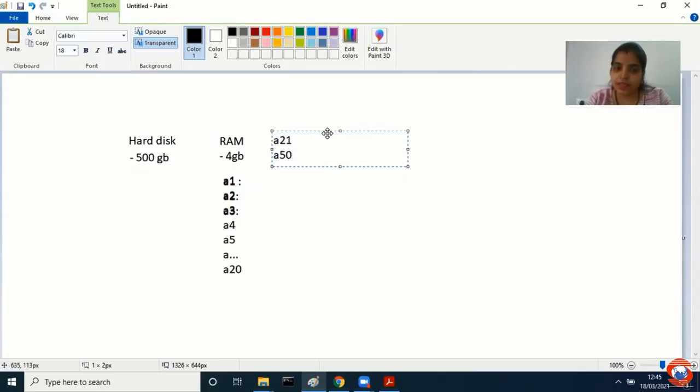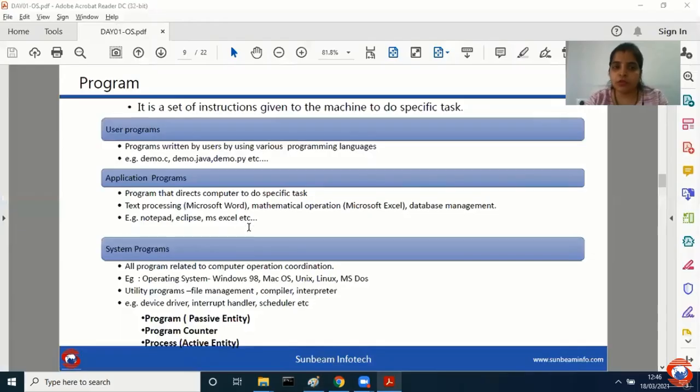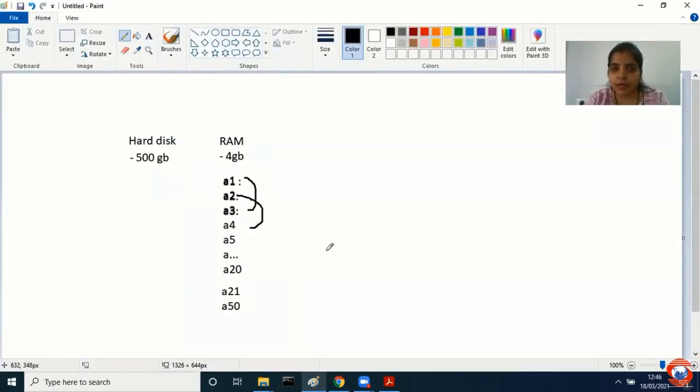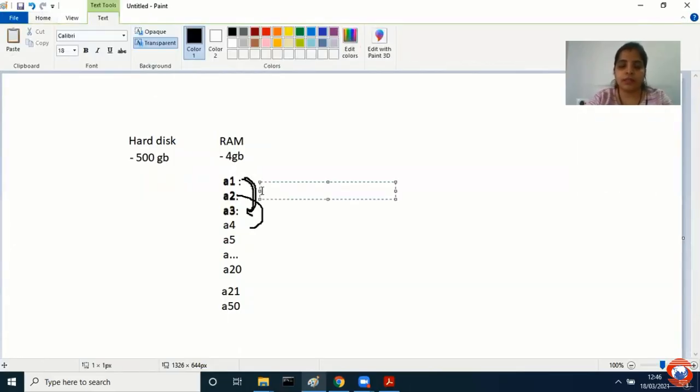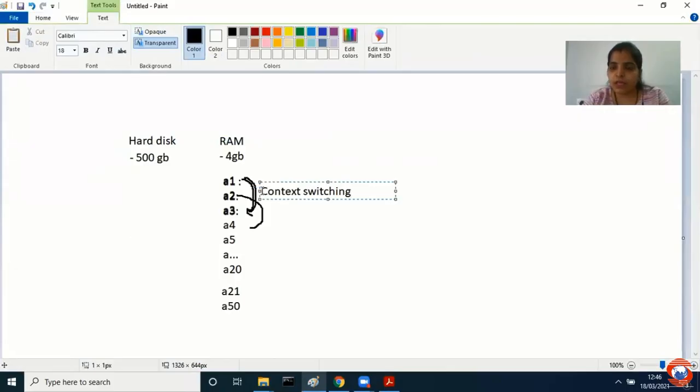In that case, if I am opening that applications, it means whenever I try to move from A1 to A3, maybe A2 to A5, all tap करती हूँ. तो इसका मतलब क्या? आपके CPU में ये application से ये application में जाती हूँ. That means this process is called as context switching. We will see that in case of your processes. When I say context switching, it means all tap किया ये मिला, next all tap किया ये मिला, next all tap किया ये आया. It is my processor is so fast that it can easily switch.